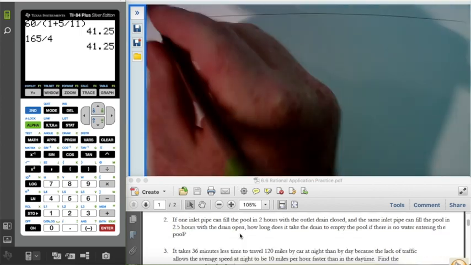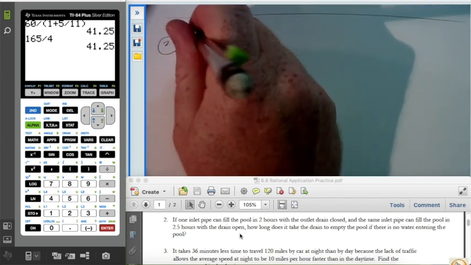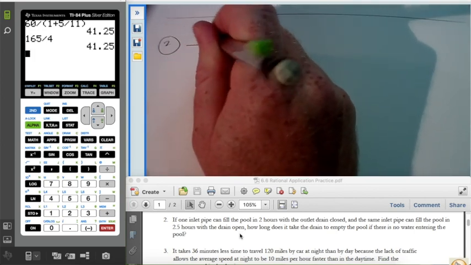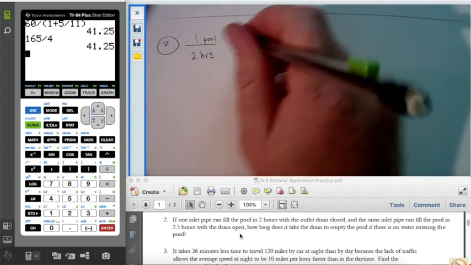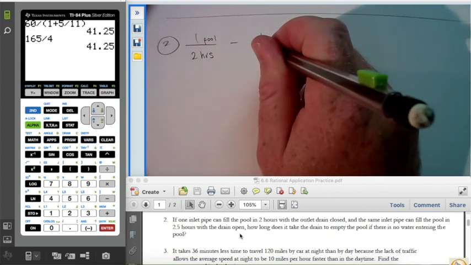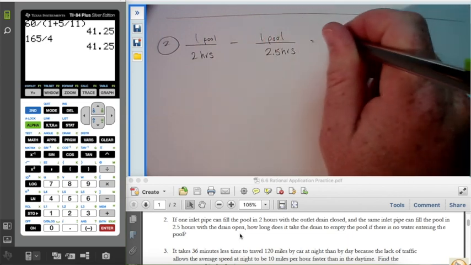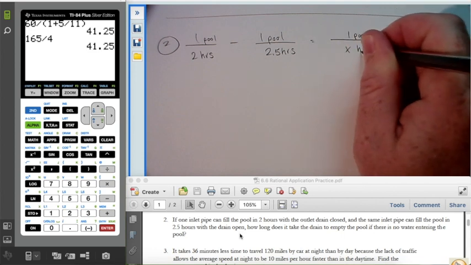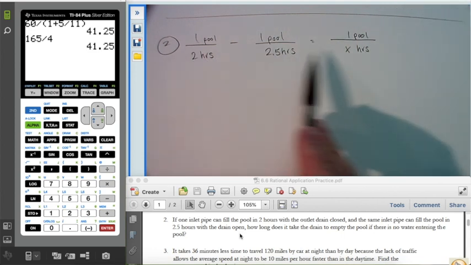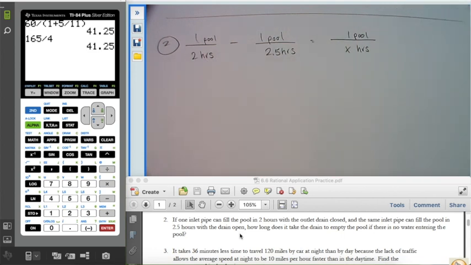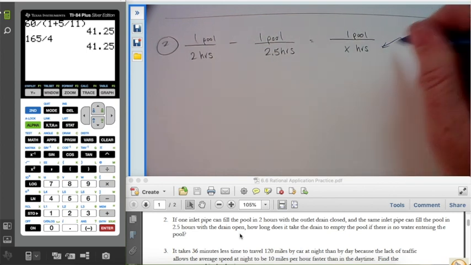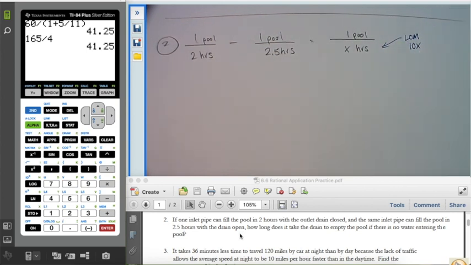Question number 2. This was also a pool problem, but this time we had the drain working against us, and so the idea was that the pipe can fill up one pool in 2 hours. The drain, when the drain is open, the one pool can fill up in 2.5 hours. I'm looking at those denominators, and it looks like the least common multiple of 2 and 2.5 and x is